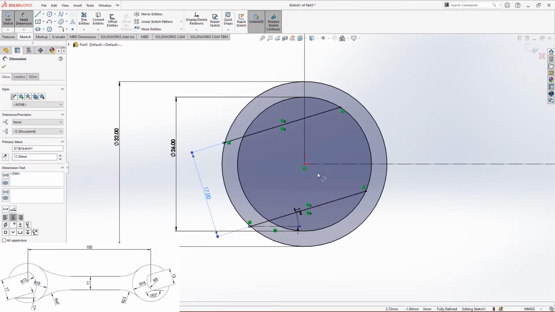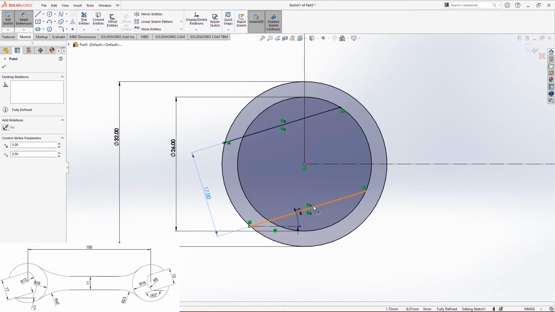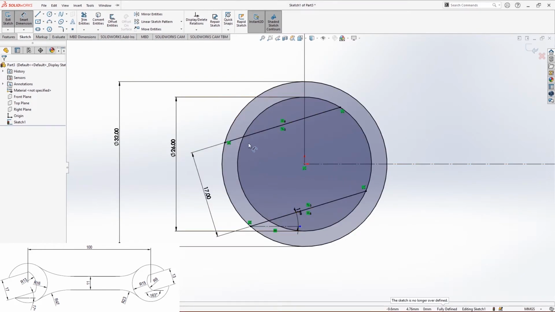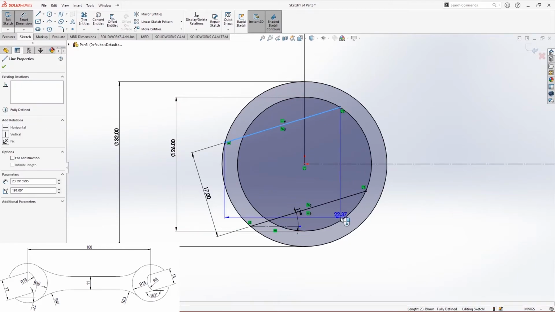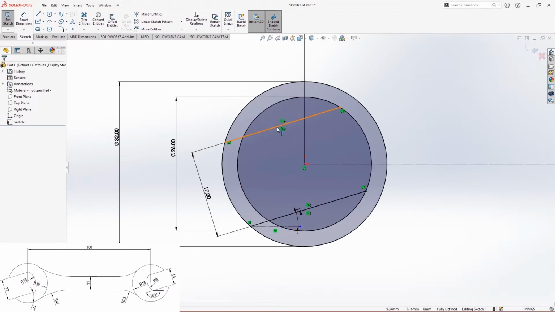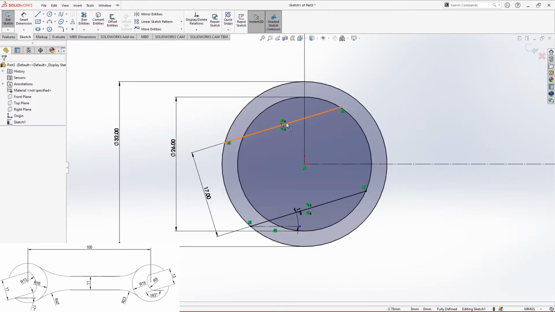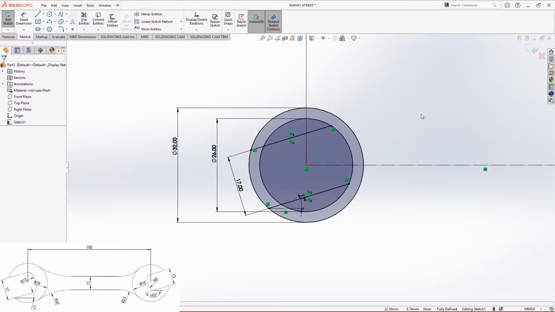Another thing is that the distance between this point and the line will be half of the 17, and it says the dimension is driven because these two lengths are equal. But let me get out of this. So if the length of this line and this line is equal and at the same angle, then obviously the distance will be half of the 17. That's what we were going to do. So whenever you see something like the driven dimension, it means it is already defined. So it says fully defined. Now